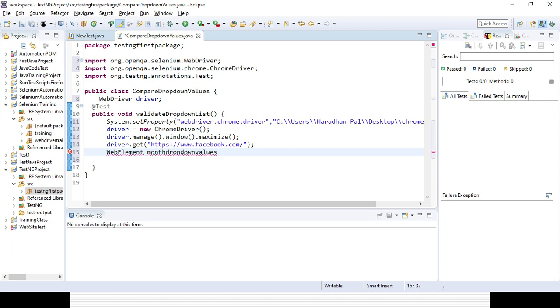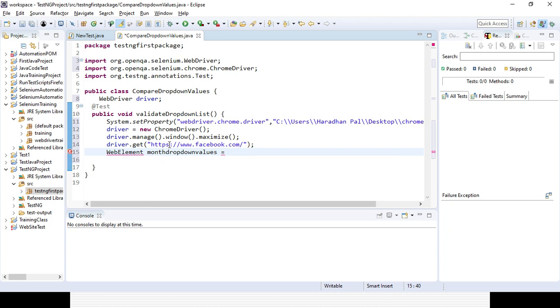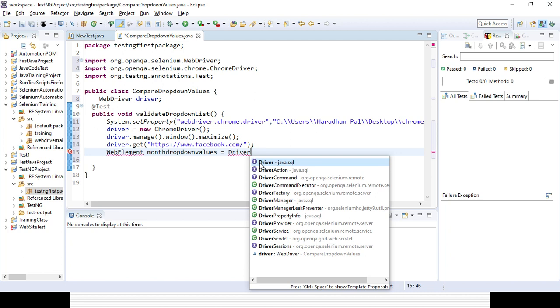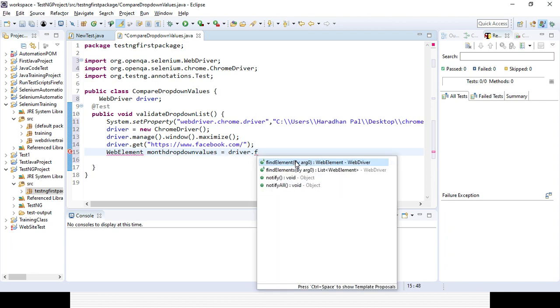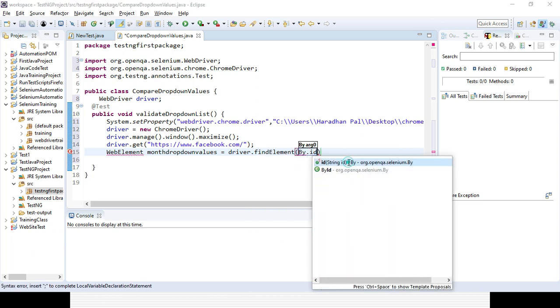I am creating the variable, right. WebElement month drop down values, where I will store the values, equal to driver dot findElement by dot id, right. I can use the id as month.